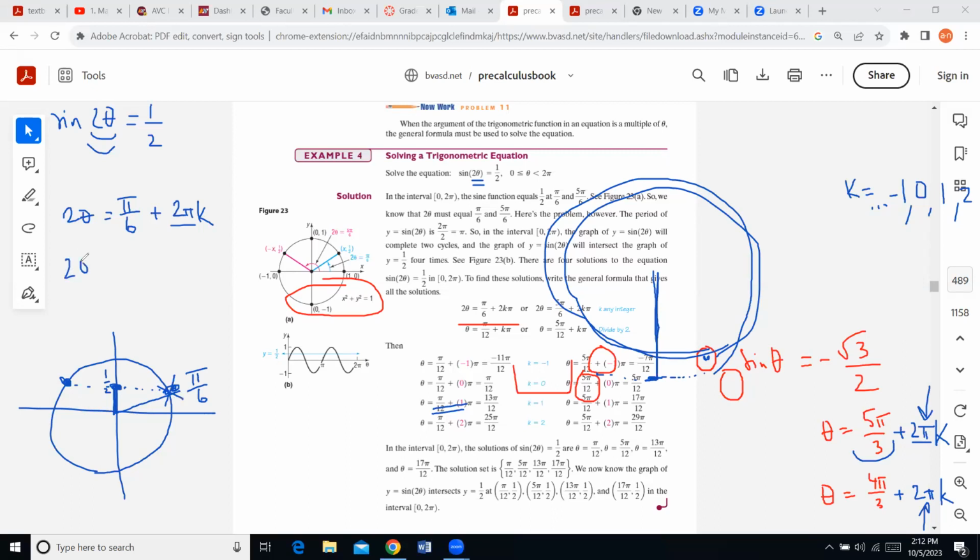But there is another one. There is a second solution, which is on the other side, which is here, put it in red. And that angle also has something to do with pi over 6 if you go from 180, but it is not really pi over 6. It's going to be measured actually 1, 2, 3, 4, 5 of these pi's over 6. And again, automatically I add 2 pi k.